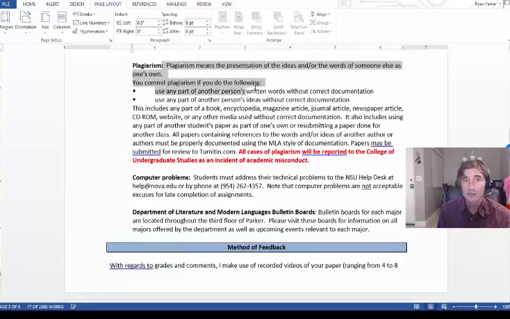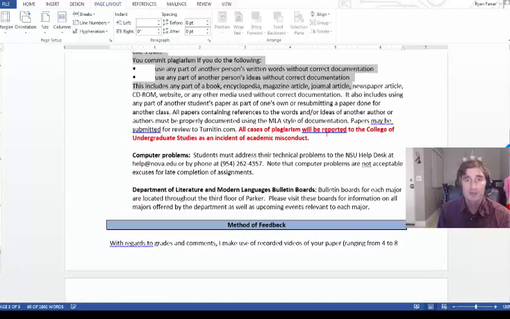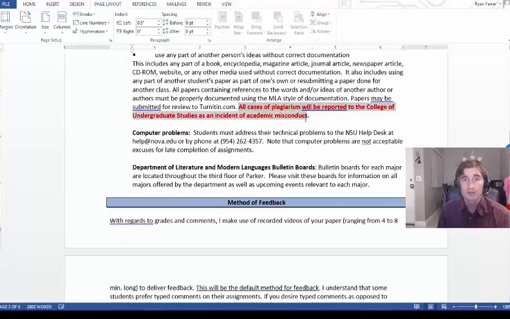Don't copy anyone else's work. Make sure to look over this plagiarism section. Notice that this is in red, so it's a very serious matter that you do your own work. The best you can do is your own work entirely. Even if you don't feel like you're a strong writer, make sure you do your own work, and that'll work out the best for you, because it's not very hard to discover plagiarism, and I don't want to have to report anybody for that.